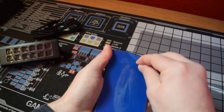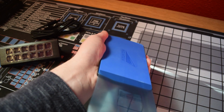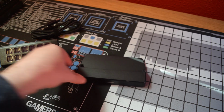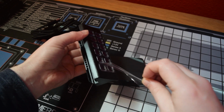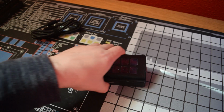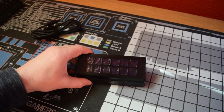And you'll find that it has the same rubberized aluminium base, which again, the device pressure fits into, and it feels very good, very solid, and that very satisfying heavy feel to the whole thing. We'll also peel off our little LCD screens there with the little plastic buttons, and again, pressure fit it back in. And I did notice when doing the close-ups of the MacroPad, I forgot to press it all the way in,